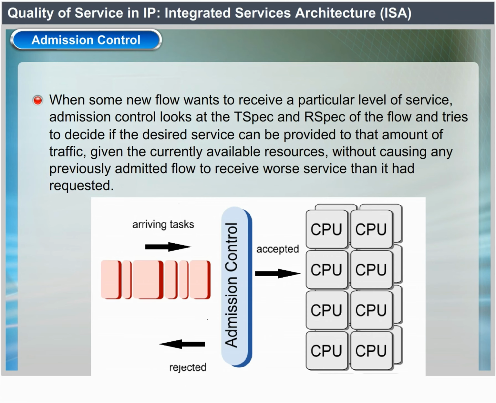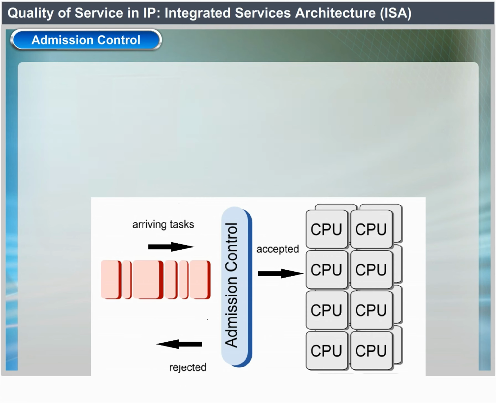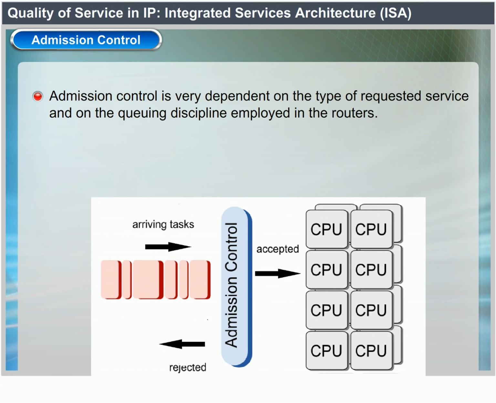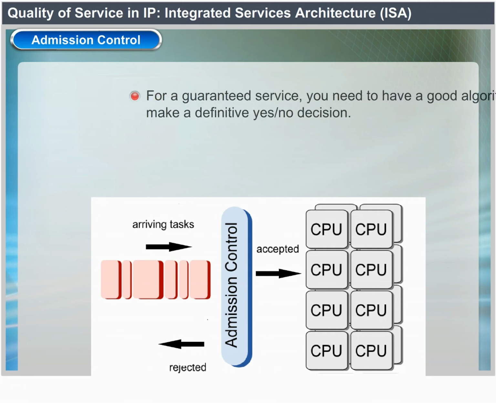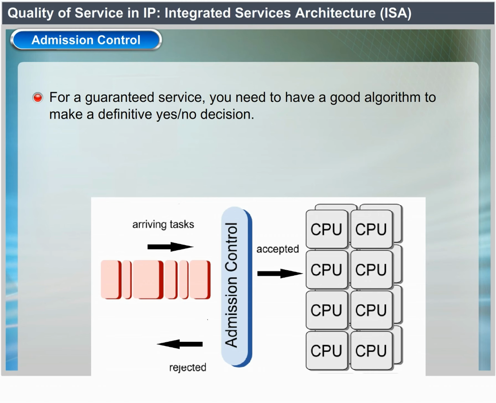Admission control is very dependent on the type of requested service and on the queuing discipline employed in the routers. For a guaranteed service, you need to have a good algorithm to make a definite yes or no decision. For a controlled load service, the decision may be based on heuristics such as